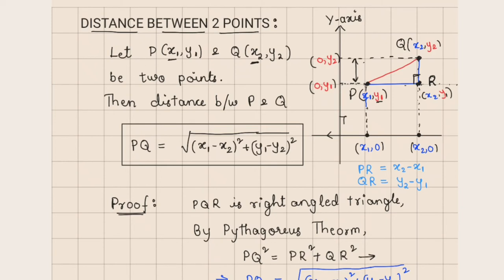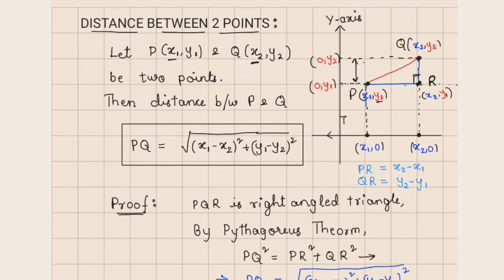The next thing you have learnt in 10th standard is distance between 2 points. Let's say 2 points P and Q. P is some x1 comma y1, Q is some x2 comma y2. We need to know the distance between 2 points P and Q. Let's say this is y-axis, this is x-axis. I have located a point P and I have located a point Q. Its x coordinates are denoted in blue color and y coordinates in red color. So this red line is the PQ line.